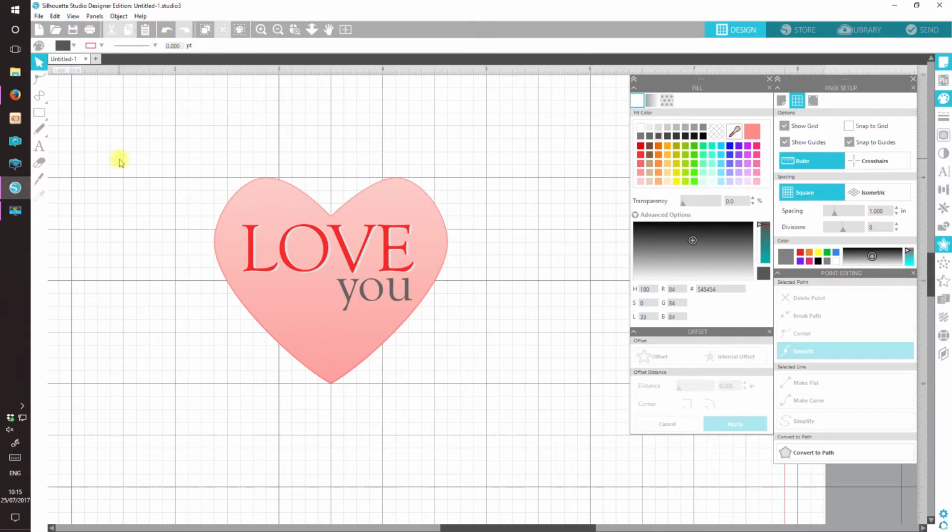Now we're going to add a few more highlights, and for that we're going to use the curve shape again. Let's take the line off immediately. I'll remember to do that, and I'm going to leave the colour here as black, and we'll change it once we've actually drawn them and got them in position, and it just helps you to see where they're going. And I'm imagining that my light is hitting this puffy sticker idea that I've got in my head from the top left. So we'll have a highlight here, maybe a little bit of one over here, and a bit coming down this side. So I'm going to start here and just